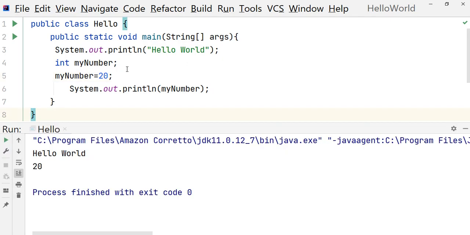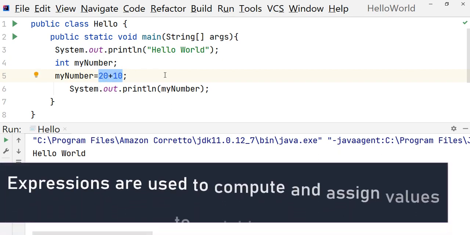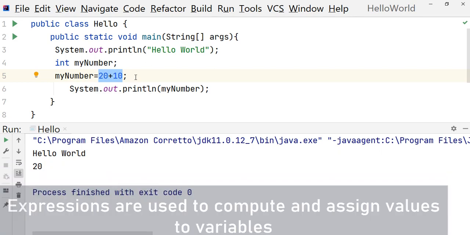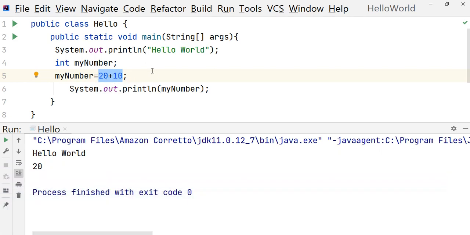And we can assign expressions to the variable. Here 20 is also a kind of expression. And if you want an exact expression, 20 plus 10. So 20 plus 10 equals 30, and this is nothing but an expression. So what is an expression? In any programming language, an expression evaluates to some value. Here 20 plus 10 is an operation we are doing, so it results in 30. Even if you run it, Hello World 30.